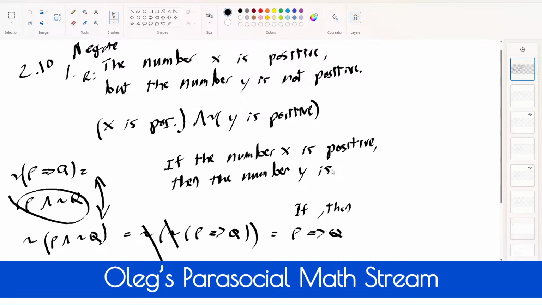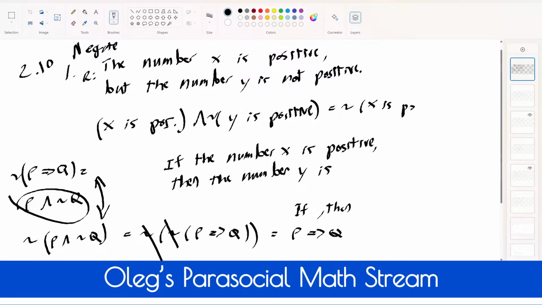So let's start at the beginning. Not P implies Q. The number X is positive, but the number Y is not positive. So I have here X is positive and not Y is positive. So that's our form here. Now, if we were to flip this, then to the implies, not P implies Q, we're going to have here P implies Q. And we're going to say we need P, not